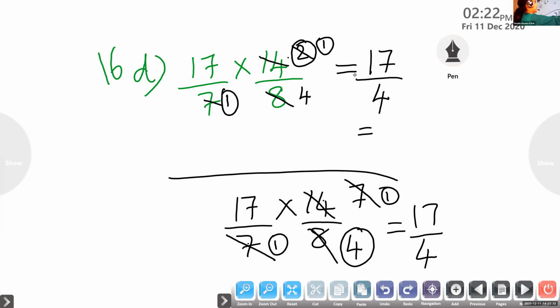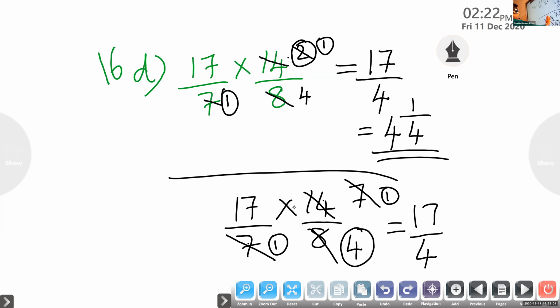Yes, Adil has something to say. Yes, Adil. 4 1 by 4. Yes, very good. Children, like this, if you cut 4, 17, 4 4s are 16. So 16 and 17, what is remaining? 1 by 4. So in the mind itself, without division, you can do that much easier. 4 and 1 by 4.